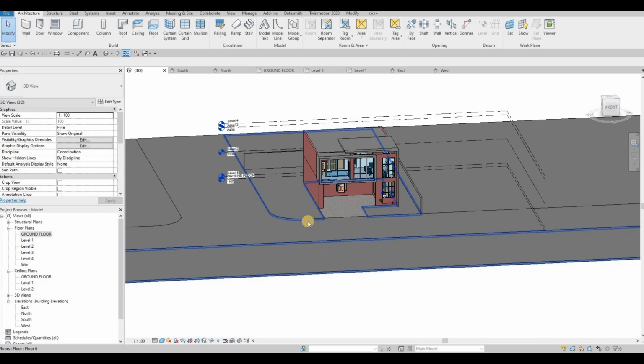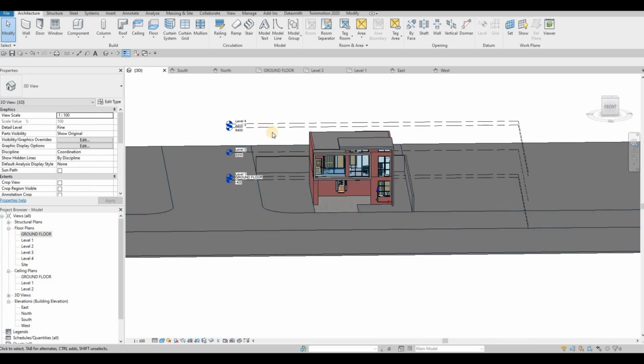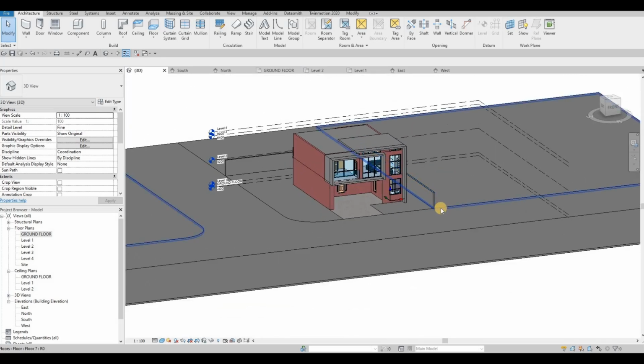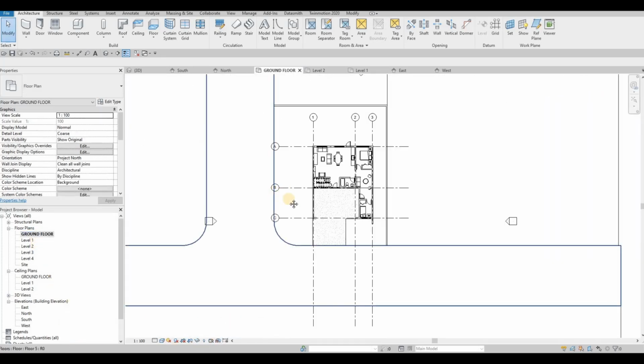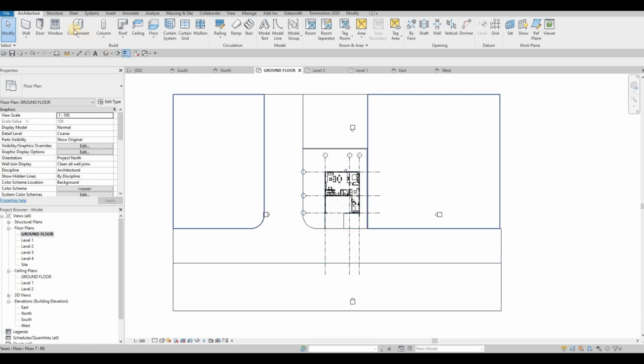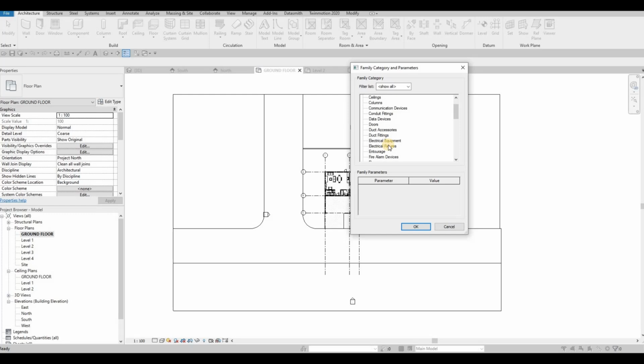So all of this will be grass. Of course there will be sidewalk, maybe a house here at the back for background, so 2 houses probably here and a house here to make everything look populated. So now let's go to ground floor again and let's create that sidewalk right there. So model in place, and then generic model,